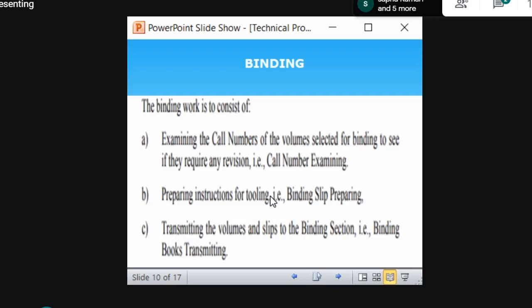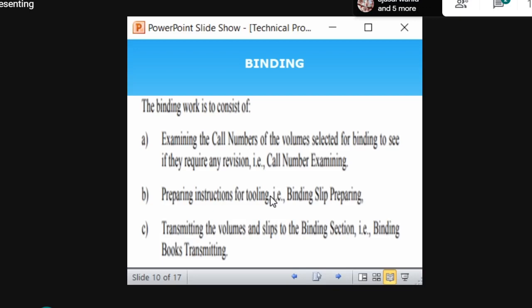So how many times? Because it is manual, right? There are many chances of errors, because when a large amount of work is there, it will be prone to human error. So if every department cross checks like this, the error will be minimized. That is the main idea behind this.